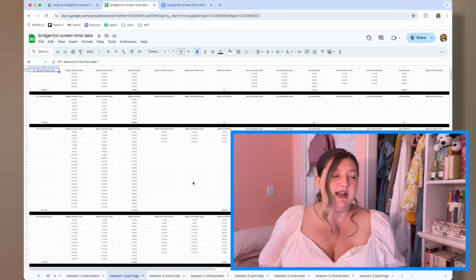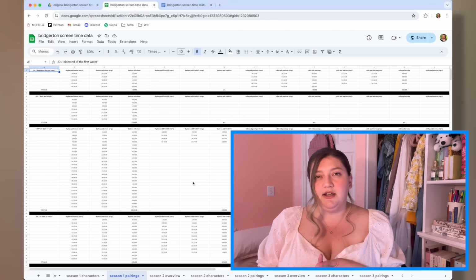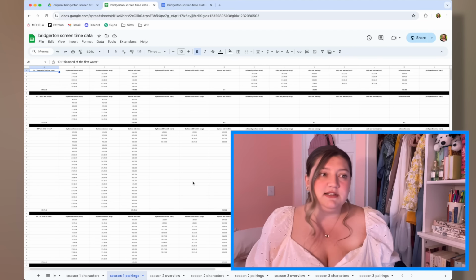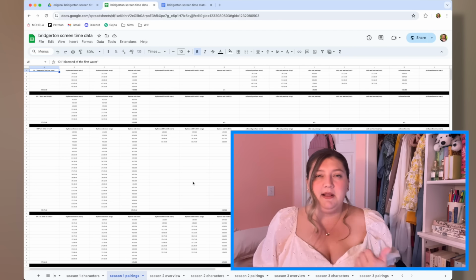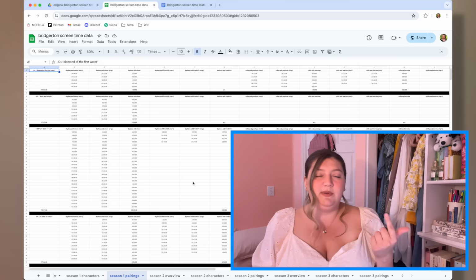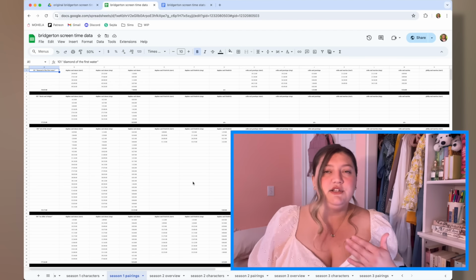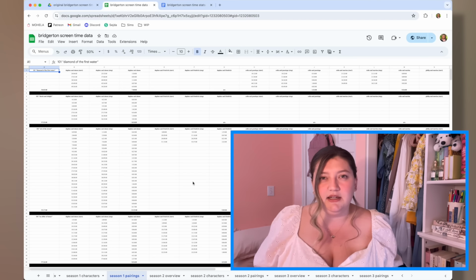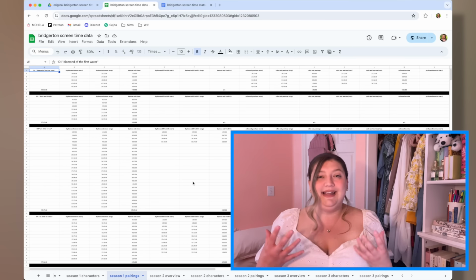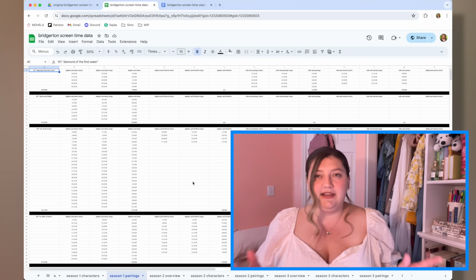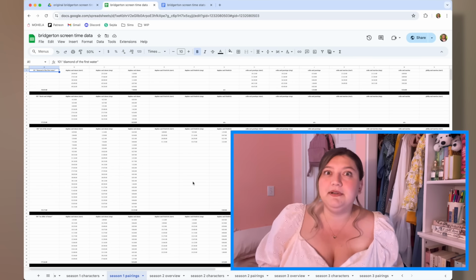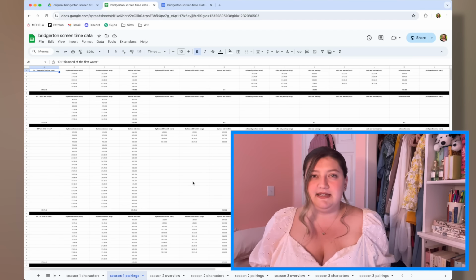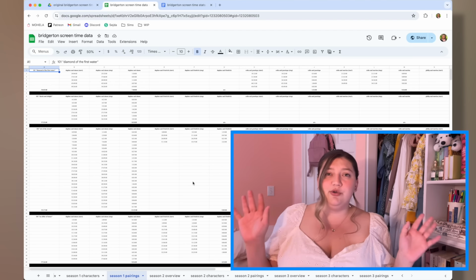So where I drew the line was canonically romantic, potentially shippable pairings. That means no popular fan pairings like Penelope and Eloise, or Eloise and Footman John. It also means no canonical couples in the show that nobody would conceivably ship, where they don't really put any effort into making a rootable pairing. An example of that would be Portia and Archibald. I didn't keep track of their screen time together because I don't think anybody's like, woo, Portia and